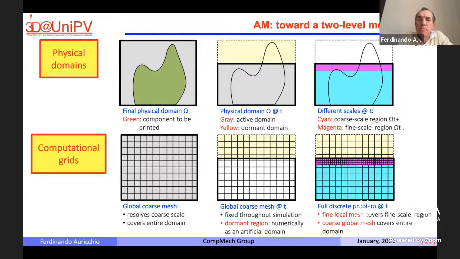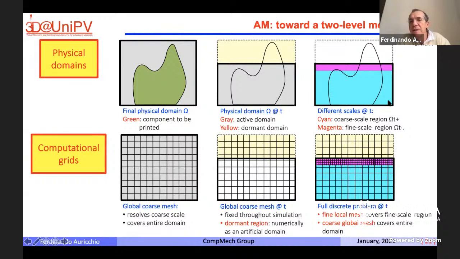But at the same time, we're exploring a different immersed technology, which is as follows. The goal is, again, to construct an object of complex geometry. In green is the final object that you want to build, and you want to build it in an additive way. At a certain instant, you have this region which you already built, and there is a region which will come in the future. At this time you're working with this domain, and in particular you're building this specific region.